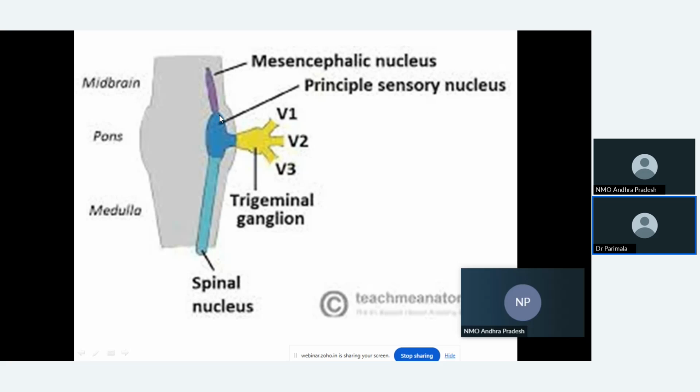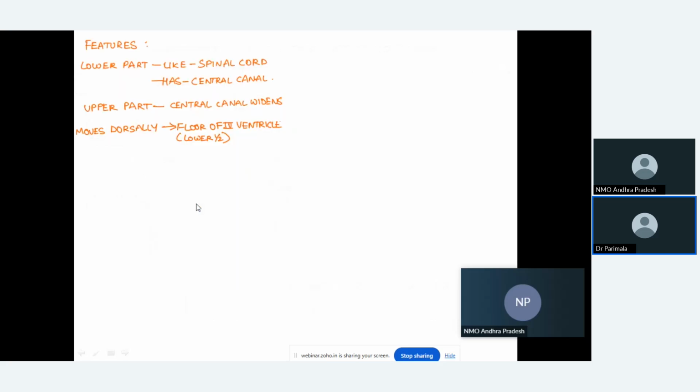Hope I am clear. So when we are going to the medulla section, you have to remember the lowermost section. This is the only cranial nerve nucleus that we see in the lowermost section of the medulla. But if you move to the middle and upper sections of the medulla, we will be seeing the nuclei of the last cranial nerves, that is 9, 10, 11, 12. These cranial nerves will be emerging. If you want, I'll show you the previous one also.